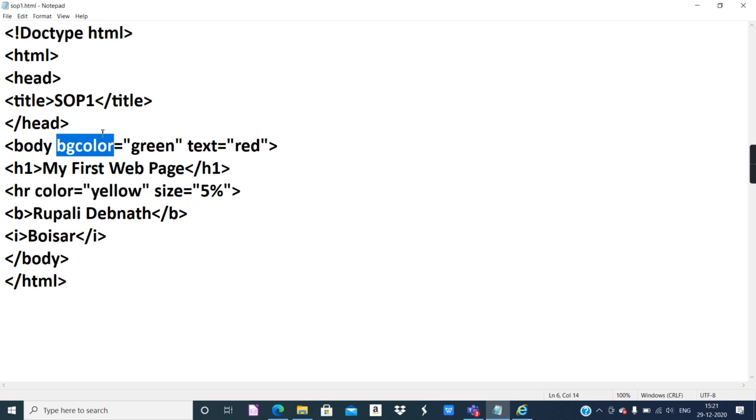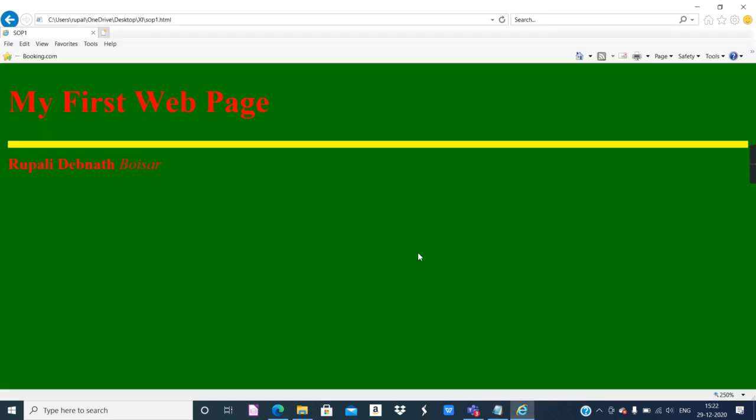You have to follow them. So it's very important to have theoretical knowledge about the tags and their attributes, what kind of value they should have, and whether it is a container tag or an empty tag. Whatever you give in the body tag is applicable to the entire web page.